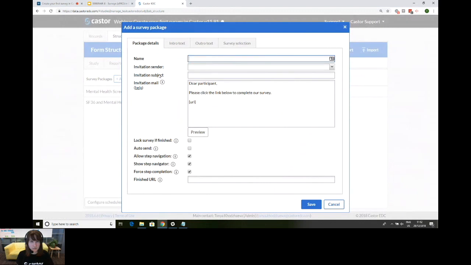Again, it follows the same logic. You just click on the button add, and now you have to fill in package details. So name is the title of your survey package. Invitation sender is the person who will be shown to the recipient as a sender. You can select by default no reply at castoredc.com, but you can also select someone from your study to appear as an invitation sender. And it is important to know that